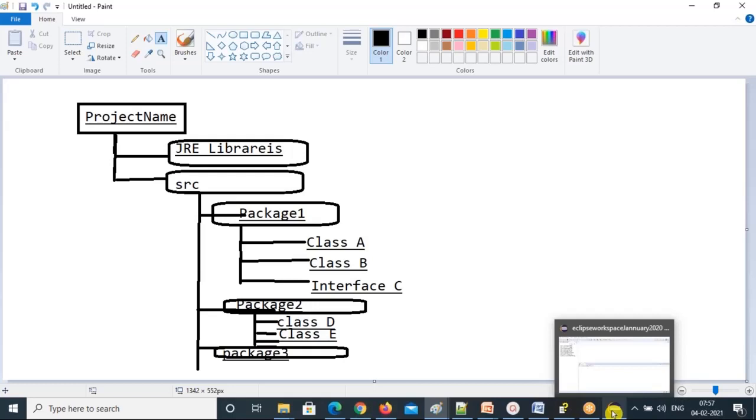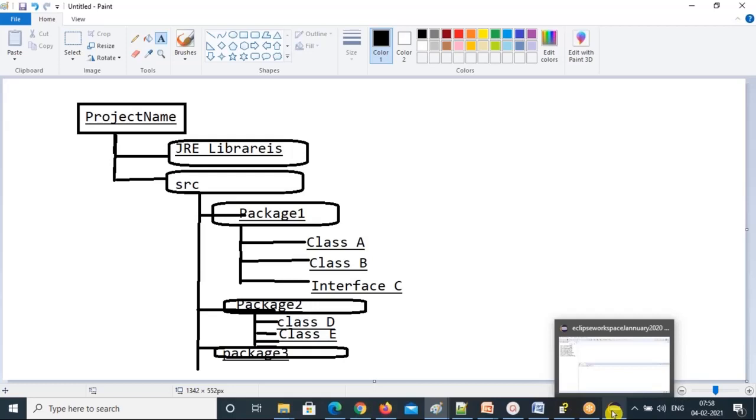No, you cannot create the same one already created by them. If you create a class that already exists in Java, you will get a message in Eclipse itself that a duplicate class already exists. So you can use that class in your program, you can use that code in your program. You can create new classes, new interfaces, new packages. You can use the existing ones, but you cannot create existing classes, interfaces or packages.